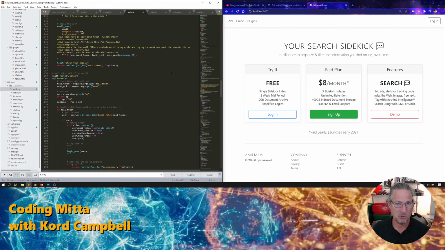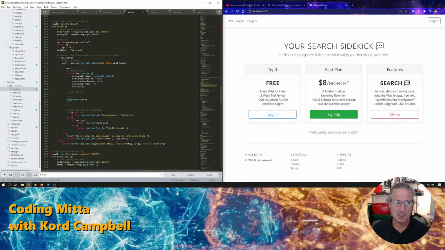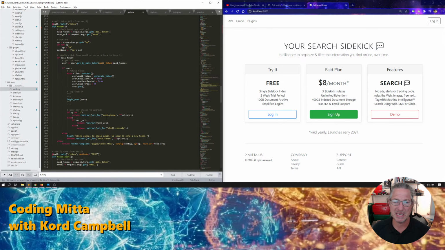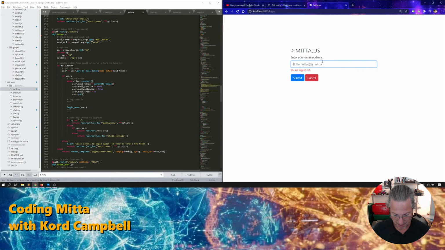So if we think about this, it's for the token from email. So there are two of them. And I say two, there are two handlers. So there's a post and there's a get and a post. And both of them log you in. And the reason why is because one of them can be done from